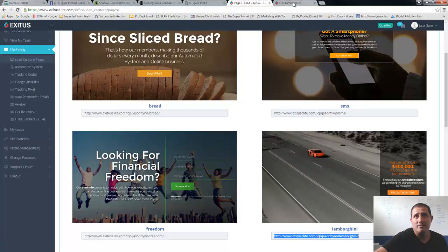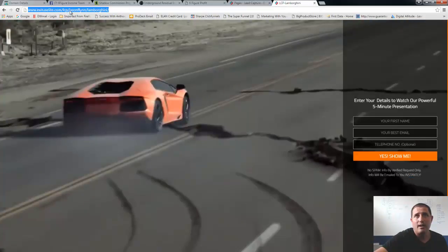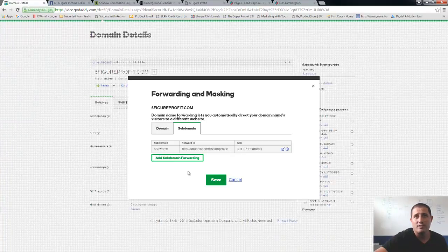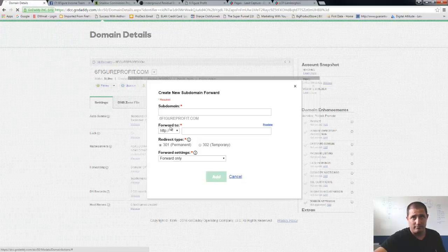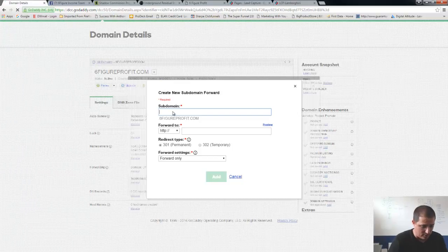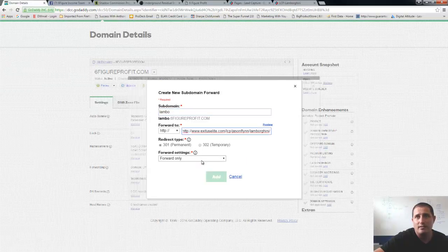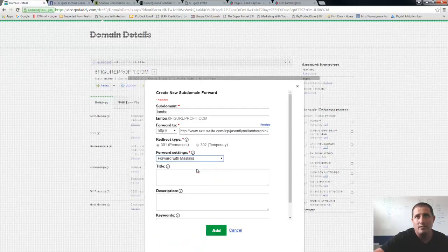But now what I can do is I can actually take this link, right? Copy it, come back over to my domain, and let's just say I'm still in the subdomains, right? So you still go back to subdomain. And I can create another subdomain. So I'm just going to call this one Lambo. I'm going to call it lambo.sixfigureprofit.com. And then I'm just going to paste it in there just like that. Remember, forward with masking. We'll call the title Lambo